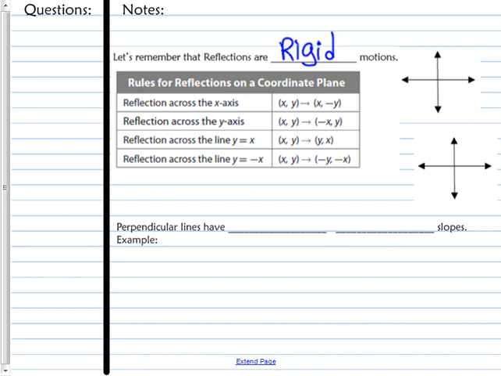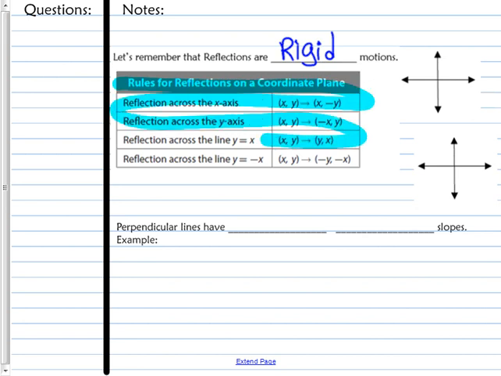So here are some rules for reflections on a coordinate plane. You can see them right here. We have referred to them many times. I would say let's go ahead and highlight this in blue or yellow or whatever color you want, so that way you can refer back to it when we are trying to do transformations. One I want to point out to you, and we talked about it in a previous lesson, is this one right here where it says (x, y) becomes